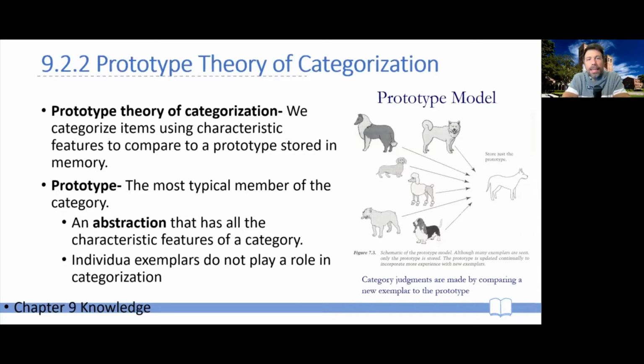And the idea is that we categorize items using not quite a list of things that you have to have, and if you have them, you're in. If you don't have them, you're out. But rather, we have a list of characteristic features, things that typically make up an exemplar of a certain category. And the more of these features you have, the more typical you are of that category, the fewer features you have, the less typical you are of the category,